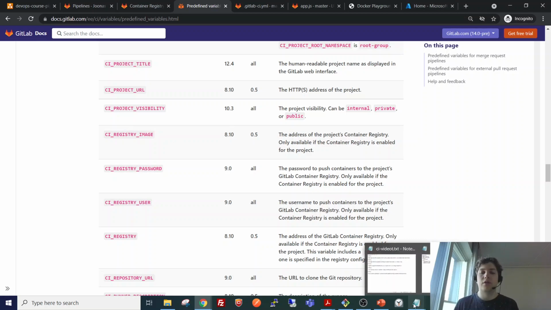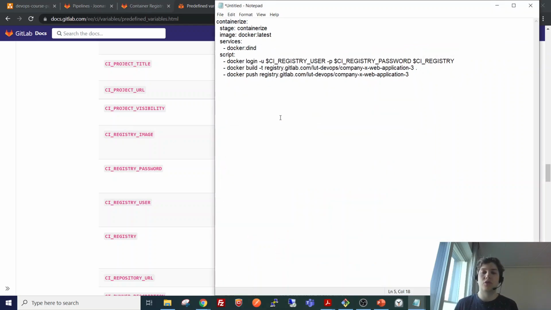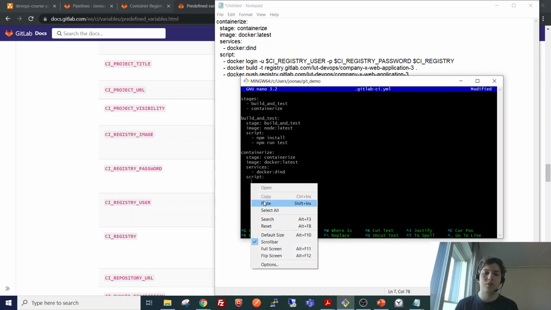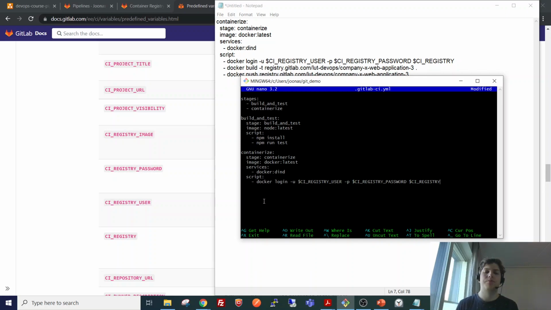So let's add a script section that will handle the authentication. Here we are using the CI_REGISTRY_USER as the username, and as the password we use the CI_REGISTRY_PASSWORD.